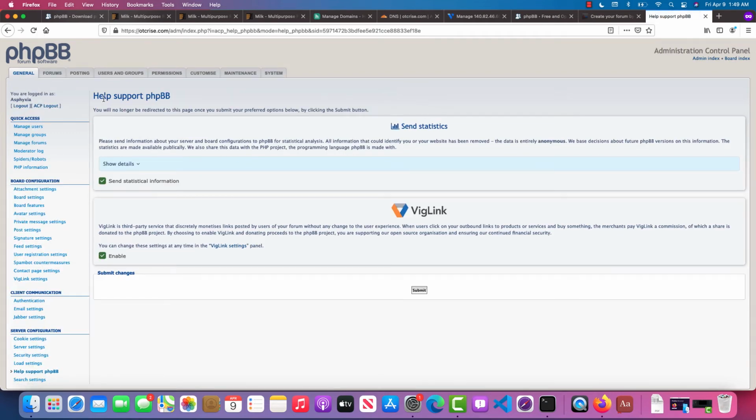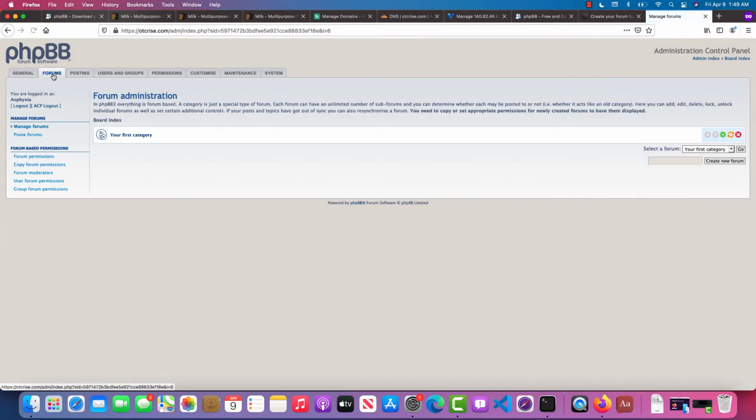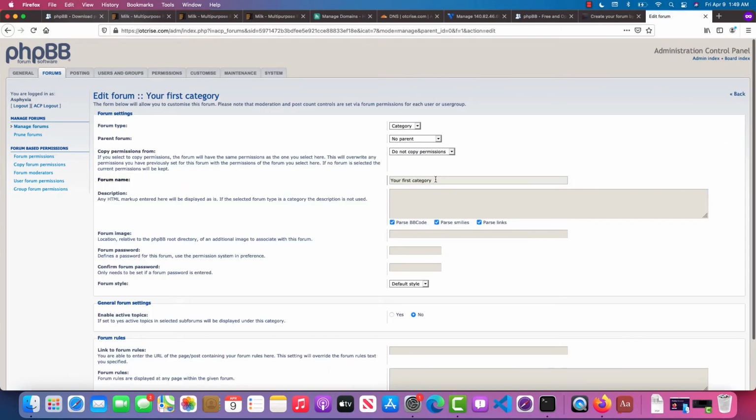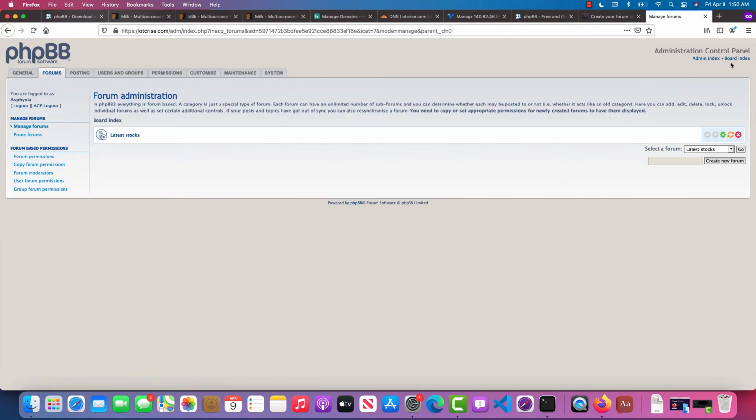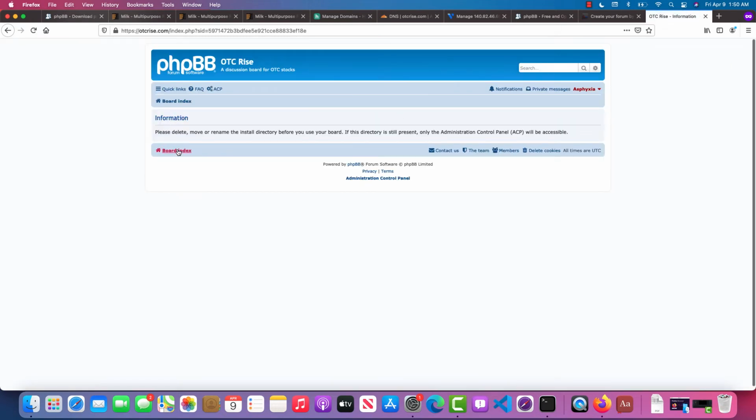And from here, we can go under Forums, and we can hit the settings there, and we can just change this first category to something like latest stocks. Hit enter, go back to the board index, and on the board index we can see,